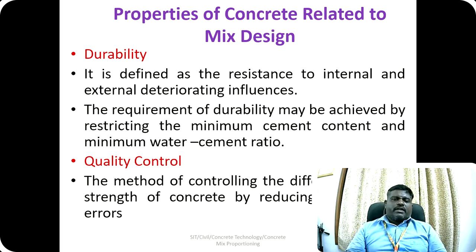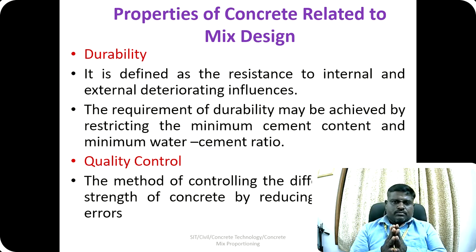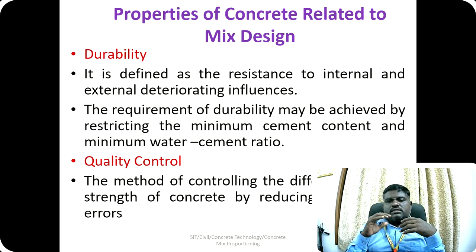So the requirement of durability may be achieved by restricting the minimum cement content and minimum water to cement ratio. The last point is quality control. It is the method of controlling the differences in the strength of the concrete by reducing construction error. So basically what we will do is make good concrete. On paper we will create a mix proportioning with the optimum ratios, but at the site, when the